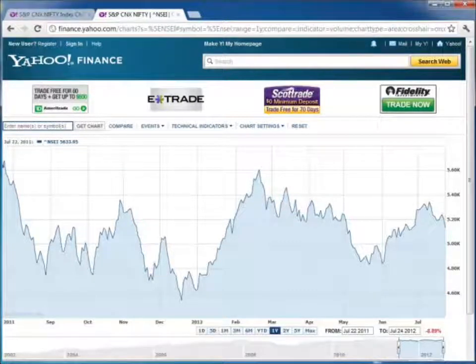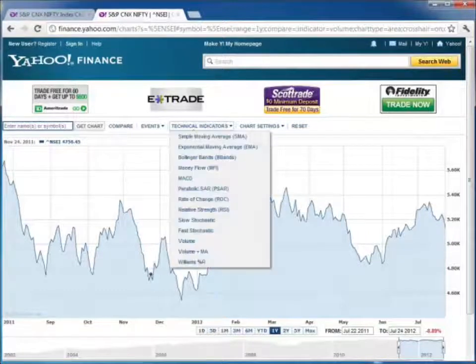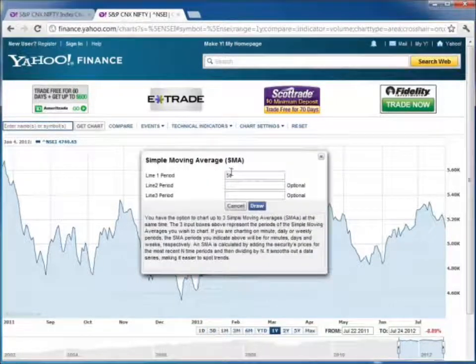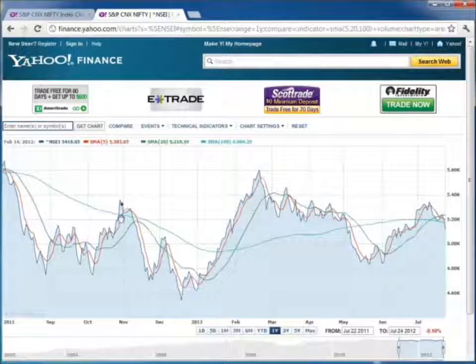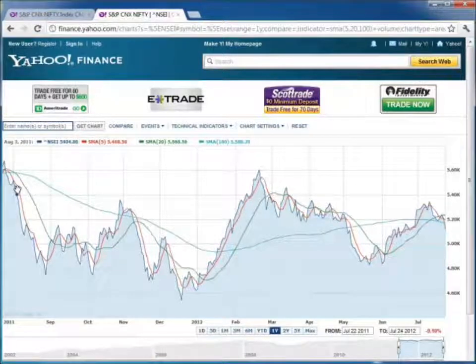crossover looks like intuitively. So let's select 3 different simple moving averages. Let's say, for example, we take a 5-day, we take a 20-day, and we take a 100-day moving average. Okay? Alright, so now we have a few different lines. We have a red line, we have a green line, and we have a blue line. The red is the 5-day, the green one is the 20-day, and the blue one is the